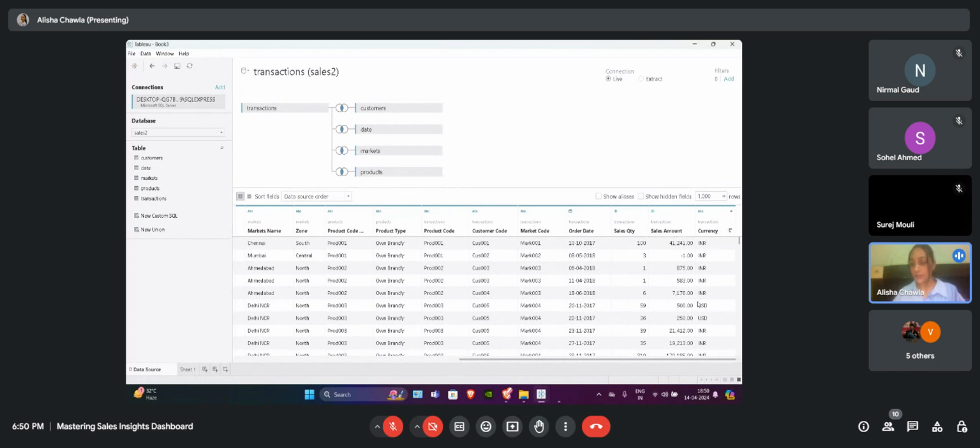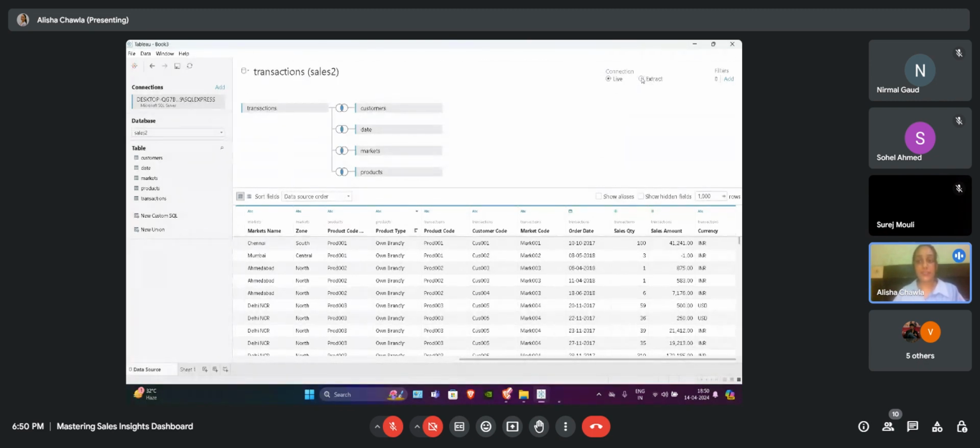Sales amount is here and it is in USD format. Whenever we drag a table in our canvas, there are two connections: one is live and the second is extract. Using live, whenever we make changes in our underlying data, for example in the SQL database, it will automatically change in our Tableau dashboard also.